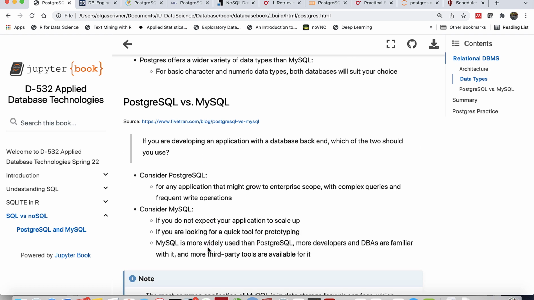So here's a couple of suggestions. You can consider Postgres, if you know for sure your application will need to scale up, right? You'll need complex queries and perhaps frequent write operations and more complex data types, then Postgres is the better